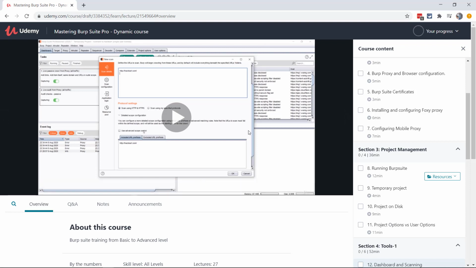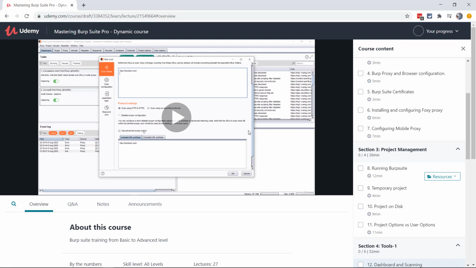Whenever Burp releases some new features, some cool things, if we are doing bug bounty, we should be aware of all those things so we can make our task easier. So whenever Burp releases those things, I will be uploading a few videos of that. And believe me, there will be nothing left out of this course if you want to learn Burp, because Burp is your Swiss Army knife.